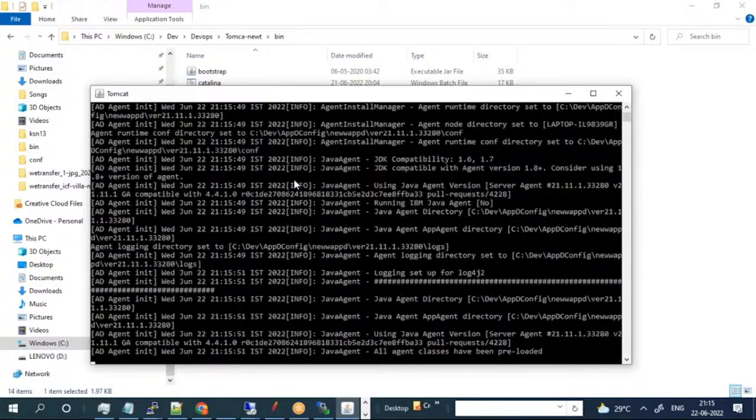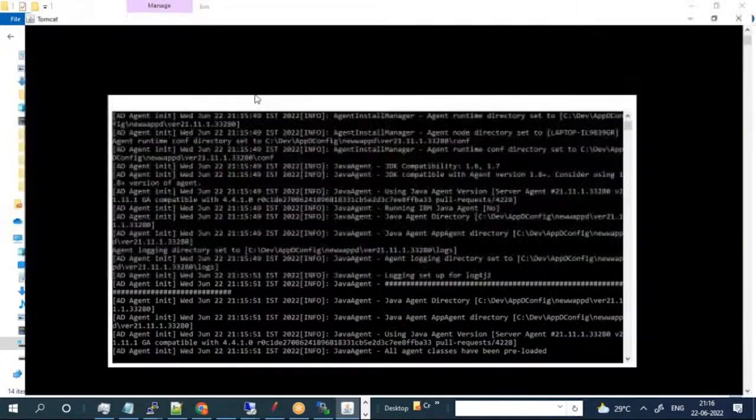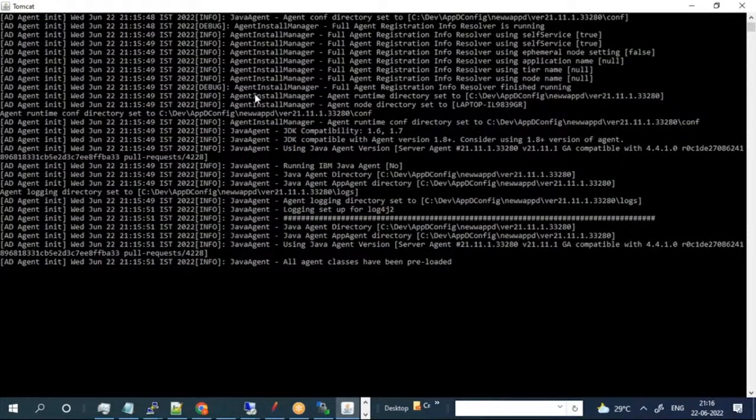Just one question here. Without this, you will not be able to access your JConsole, is it, or the Tomcat? What was the reason you did this change? Can you please repeat? So this is to enable the